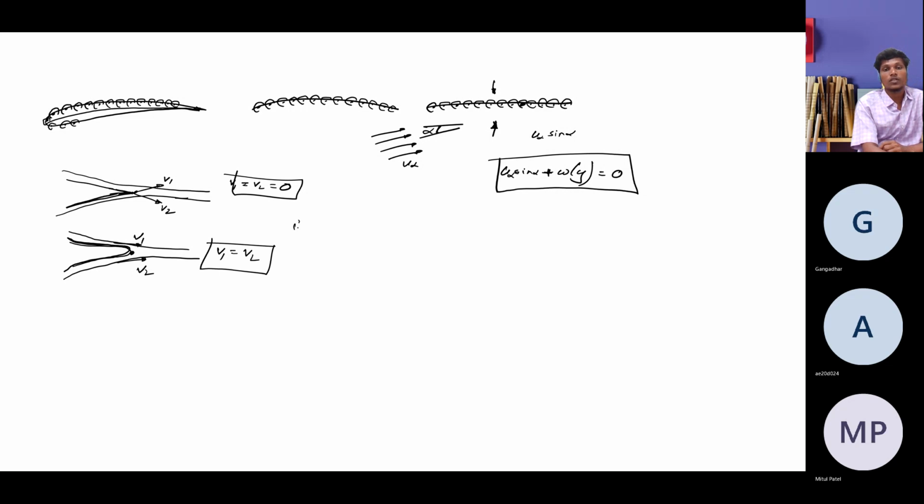We know that circulation per unit length, gamma, is equal to the slip in velocity, that is U2 minus U1. To make this gamma at the trailing edge 0, you should have the same velocity on the top and bottom surface, or either V1 and V2 equal to 0 for the sharp trailing edge. This is the Kutta condition that we see. And also from the Kelvin circulation theorem,